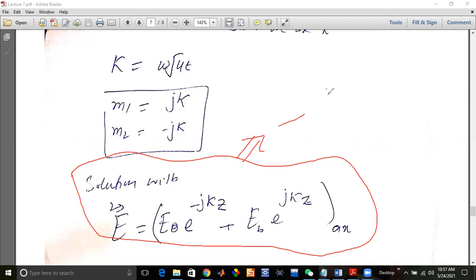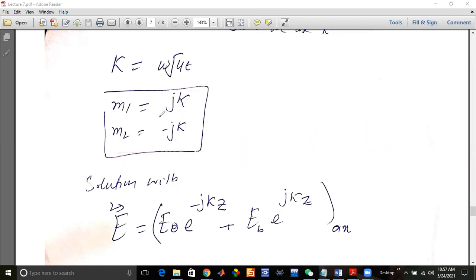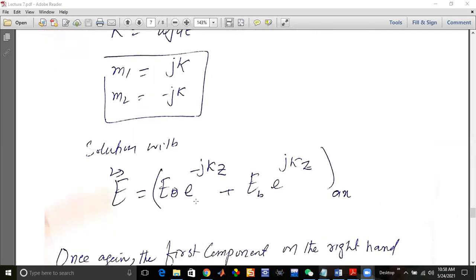So one is E naught e power minus jkz, and one is E naught e power kz, something like k plus E naught, and one is like this. It depends on which quantity your m is. Okay. So here the solution is E naught e power minus